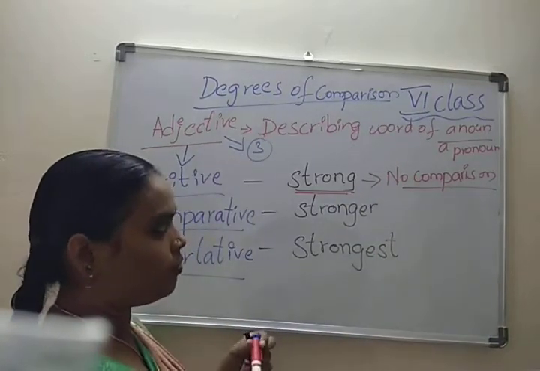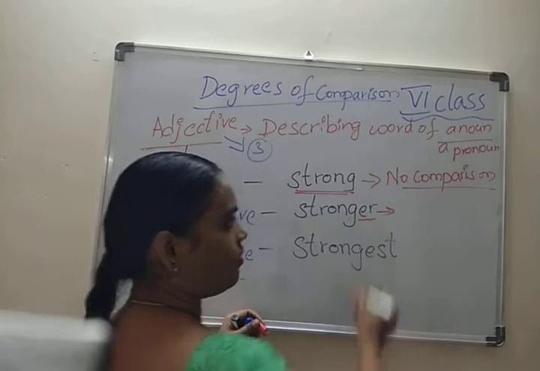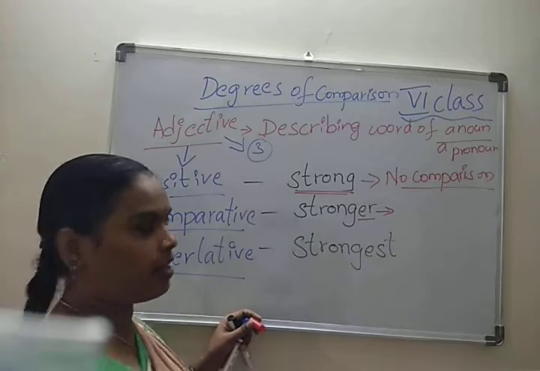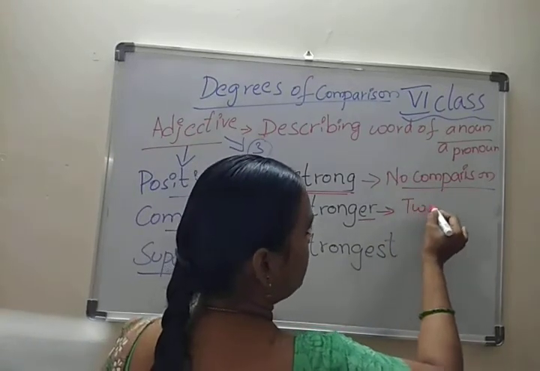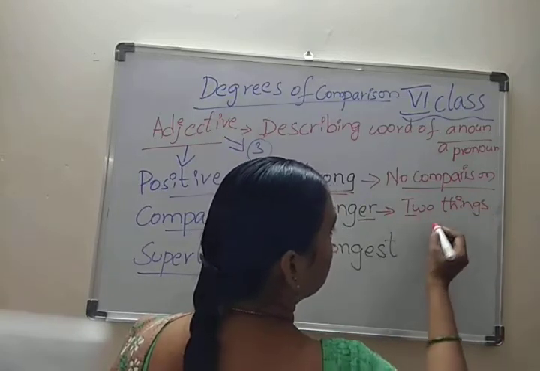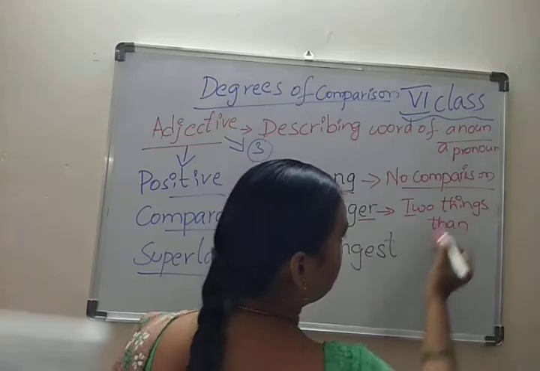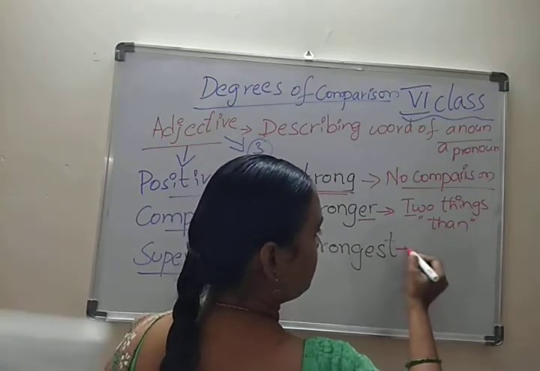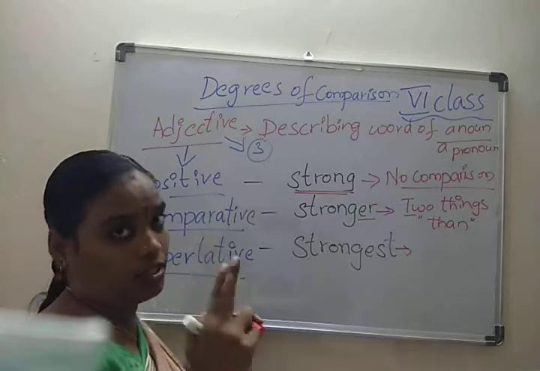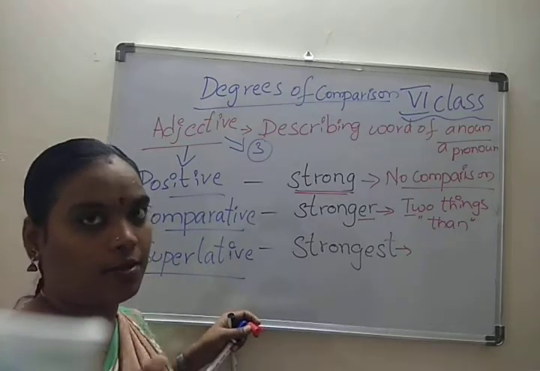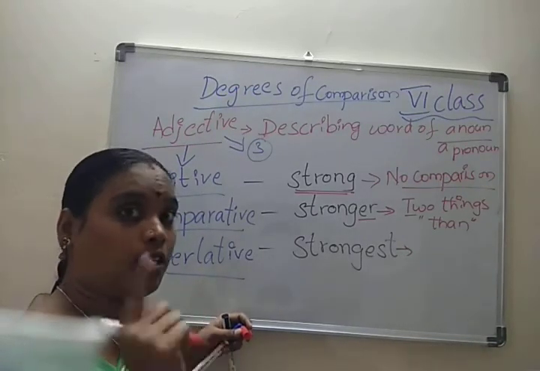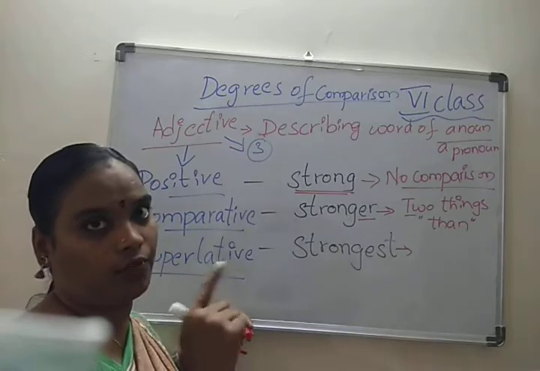Here, in the comparative, we add ER. So we can compare to some other thing. Means comparison between two things. Whenever we are comparing two things, we use the word than. We use one adjective to compare the same quality between two things, and use the phrase than along with that.